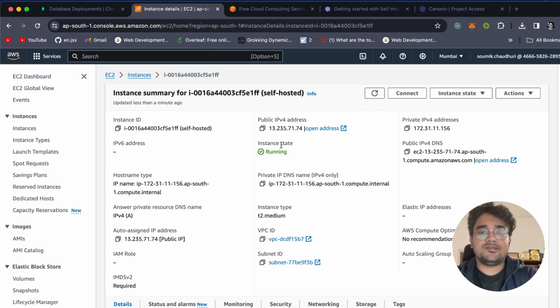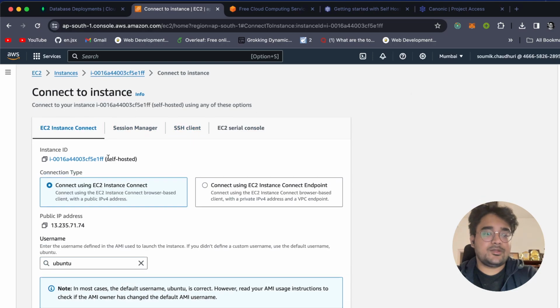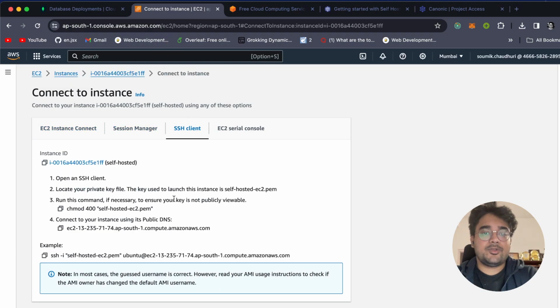So yeah, now you can see the instance state is running, so I can just connect to it. I can click on the connect button, and like I said, you can connect to it via the EC2 Instance Connect and just click on connect over here. I'm going to use the SSH client, so I'm just going to copy this command,